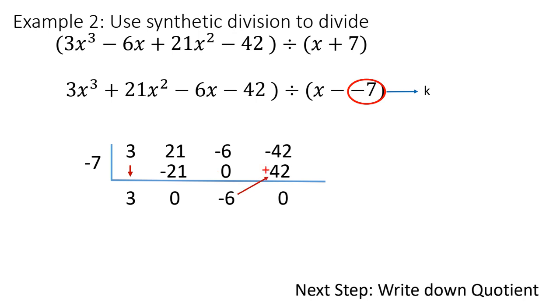We love when we have a remainder of 0. It makes our polynomials perfect factors, right? So we love when we have remainders of zeros. So again,